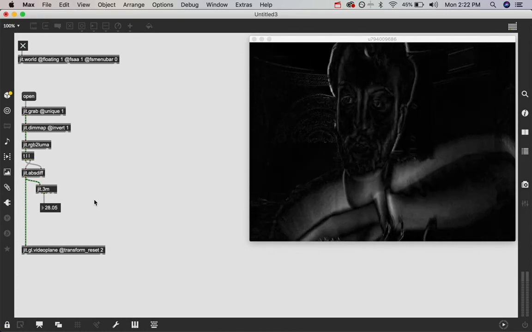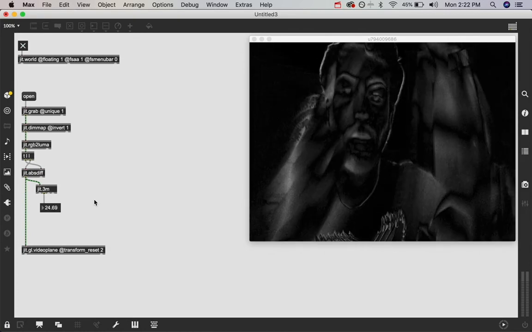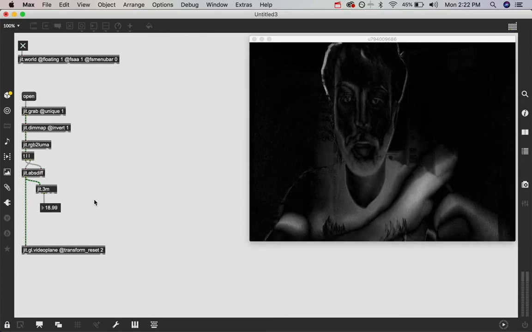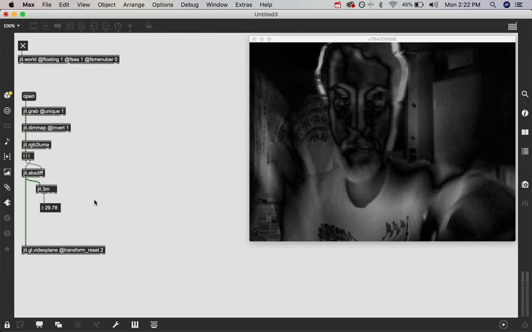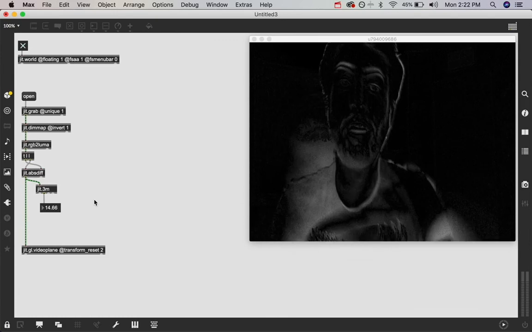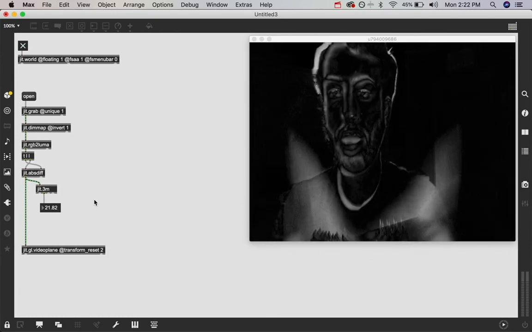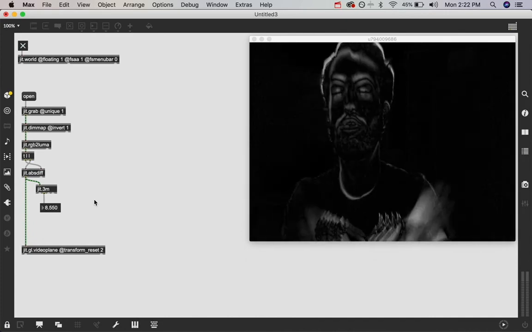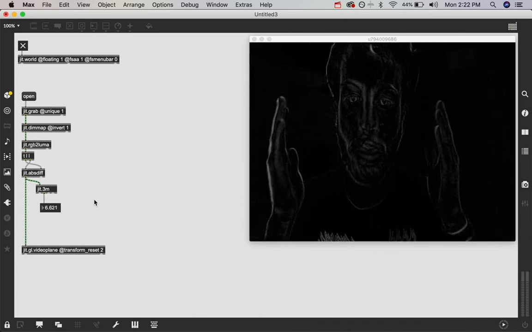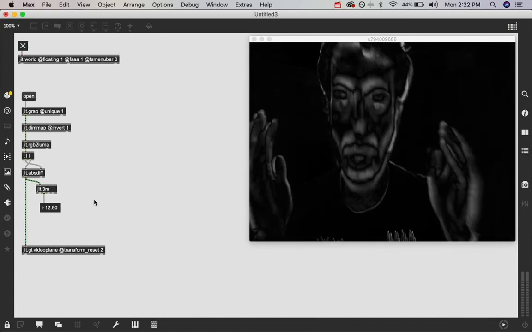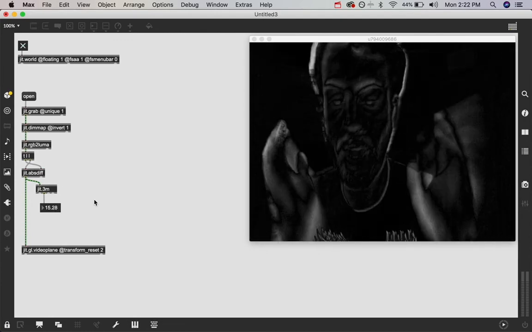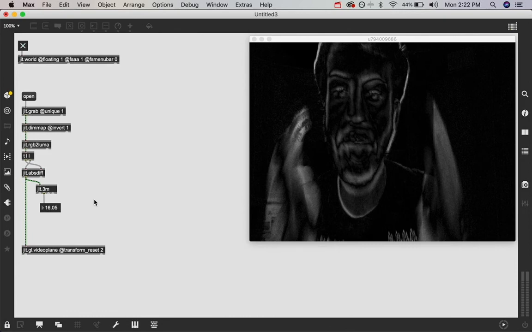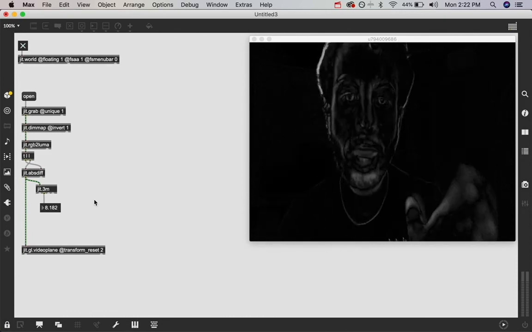And that's because this is calculating a mean of all the pixels you see in the window and adding them up and doing mean math. And it's giving us a value that is representative of the overall average of pixels in the window, which in our case directly attributes to motion. The less movement there is, the smaller that number will be, and the more movement there is, the higher that number will be. So we can now map motion into anything with Max MSP,